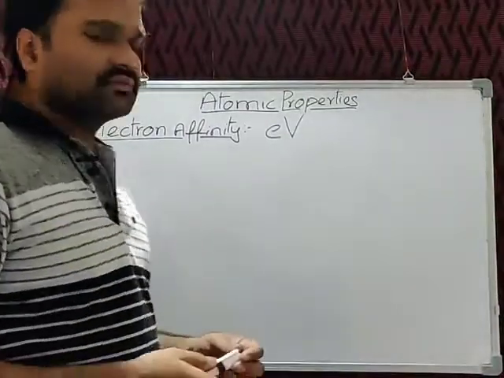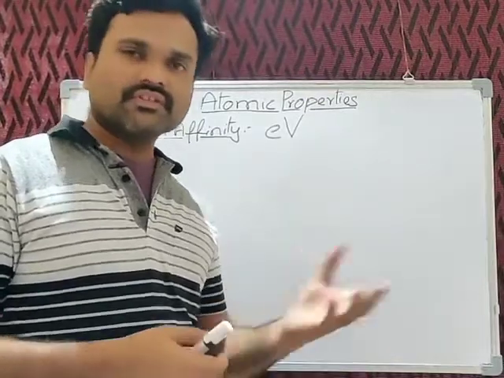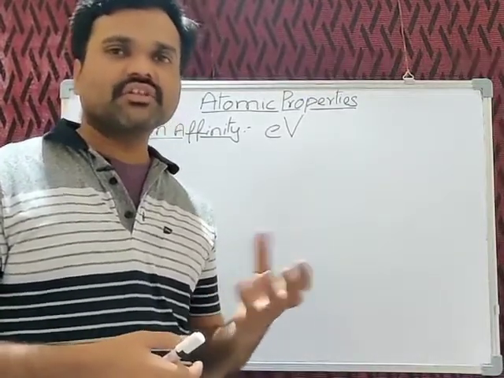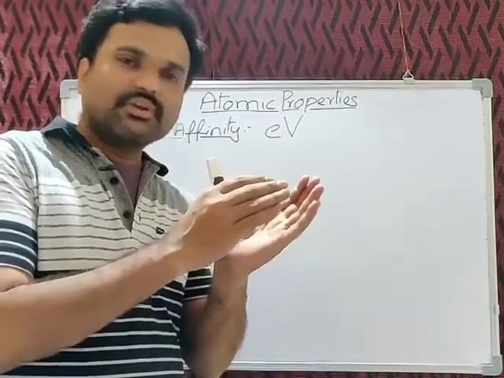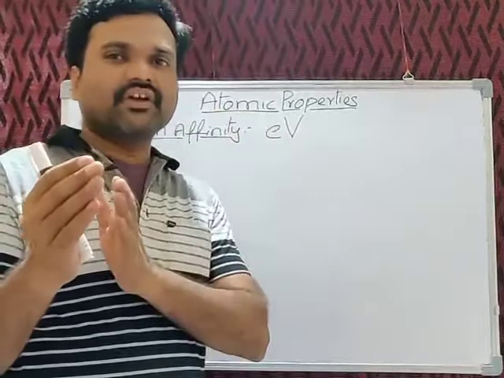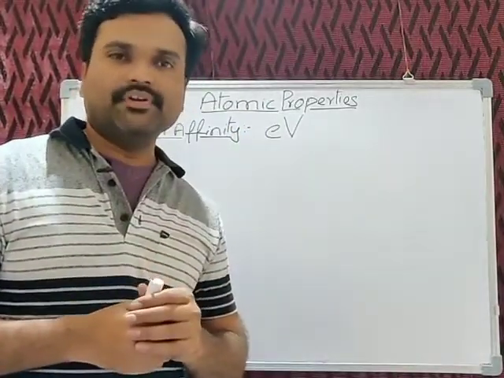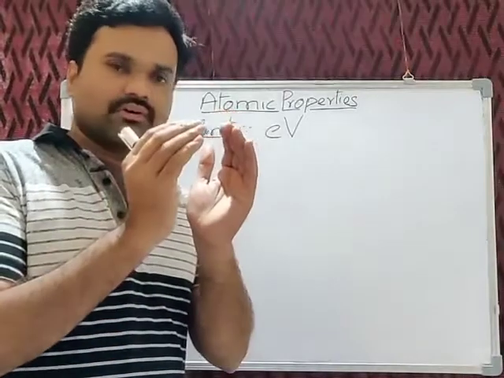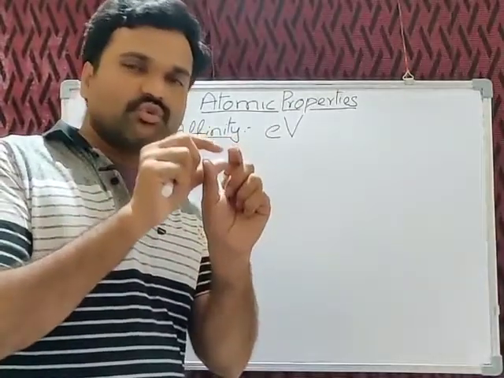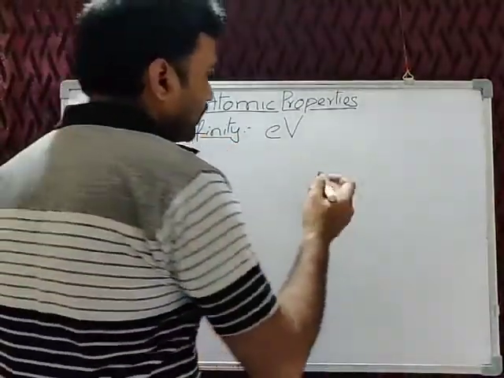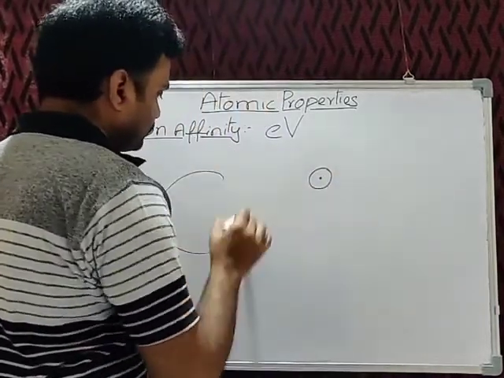Now, let us consider the variation of electron affinity in the groups and periods. This is energy, the energy released by the atoms while taking electrons. So here we have to consider the relation between electron affinity and the size of the atoms. Then we can say easily how it is going to vary in the groups and periods. If the size of the atom is very small, the distance from the nucleus to the incoming electron will be less, so the nucleus can attract the electron very easily from outside. Suppose we consider two atoms